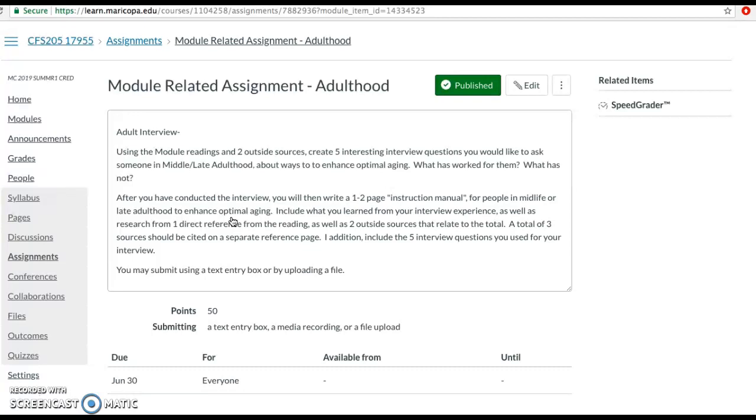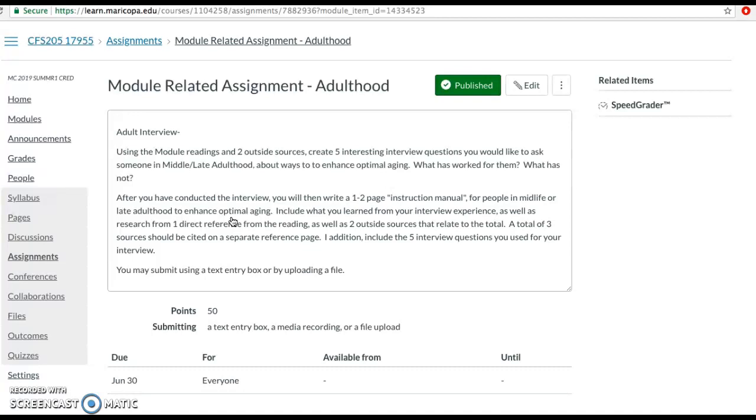So as we slow down, you're first going to come up with 5 interesting interview questions that will surround this topic of how to enhance our aging process in an optimal way, what works for the person you are interviewing and what does not. Then I would like you to interview someone in the age range of 35 to 65, asking them your 5 interview questions.